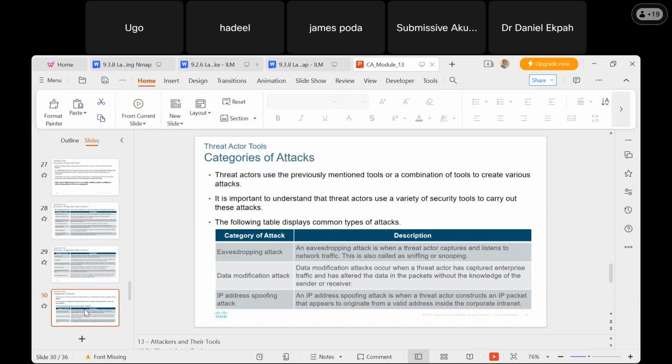So in this case, he's able to act as a man in the middle. And then you have IP address spoofing. This is when the threat actors construct an IP packet that appears to originate from a valid address inside the corporate network,